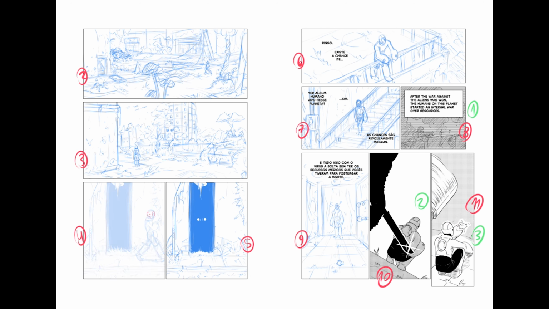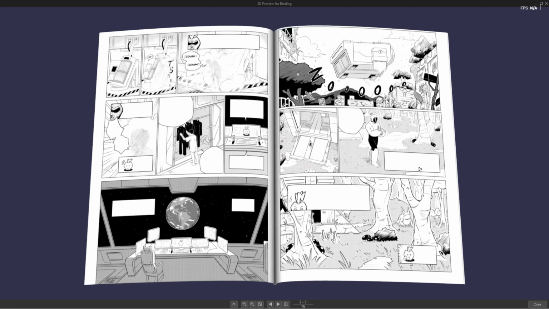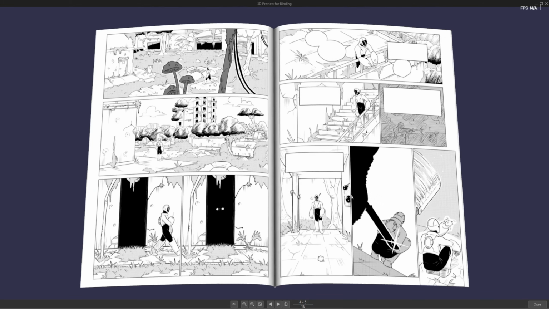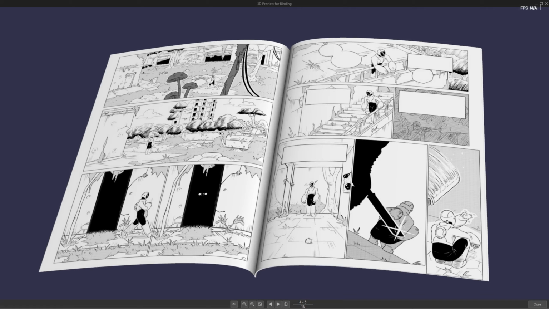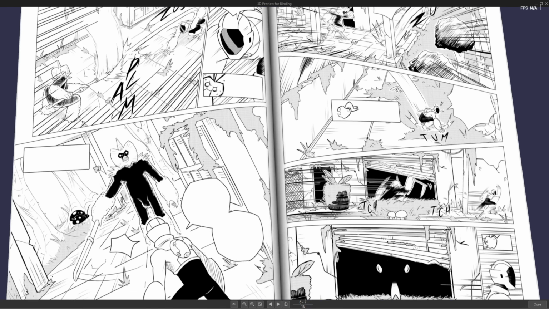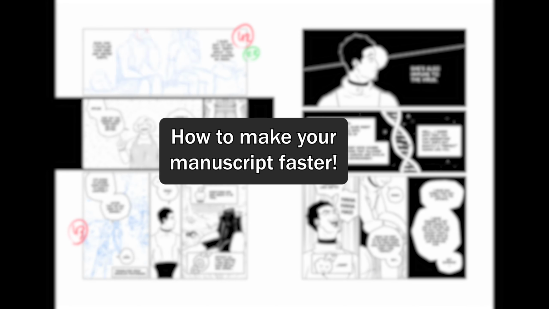This approach makes it easier to plan questions and scene interactions that will intrigue the reader and make them want to keep reading. I was able to come up with the scene of the enemy approaching the protagonist from behind by thinking about and viewing my story two pages at a time, so that the reader would want to turn the page to see what happens next. Use double page spreads.